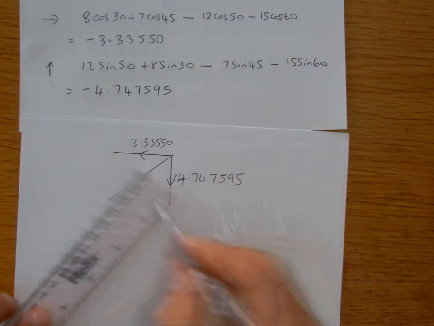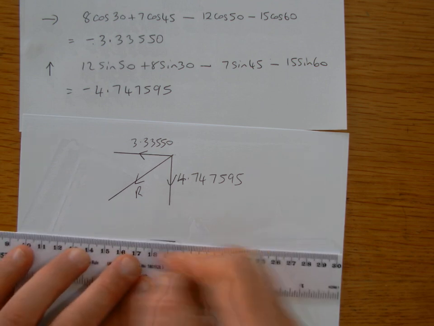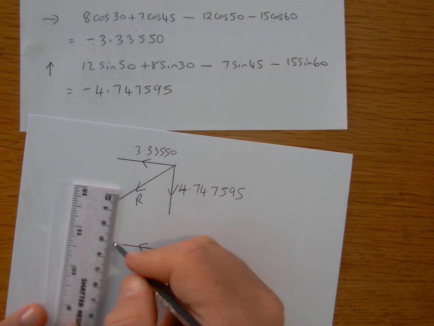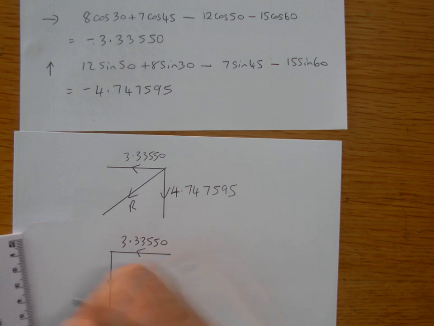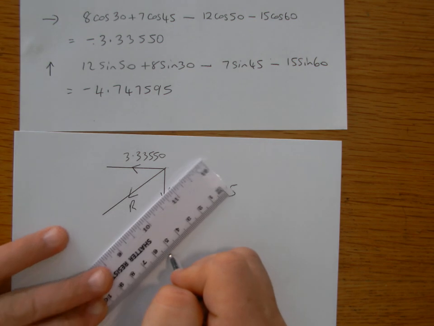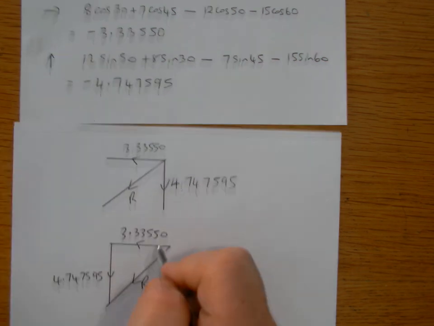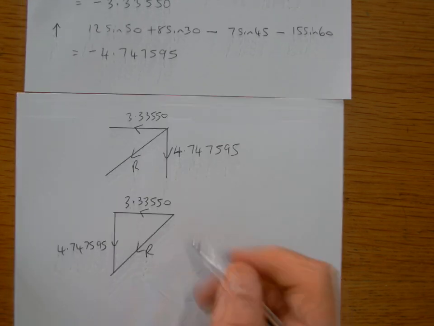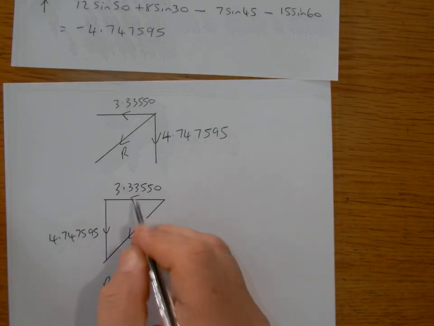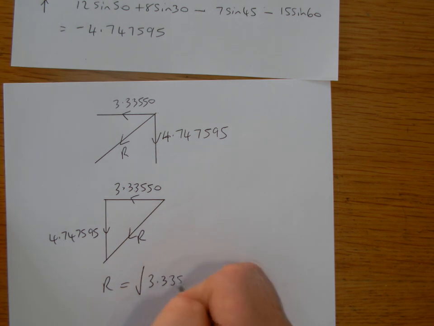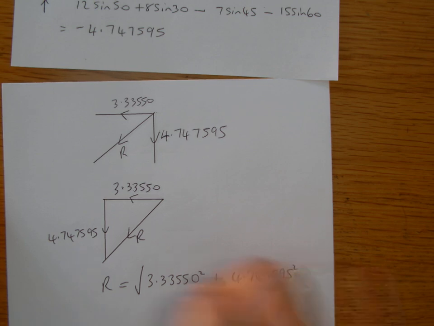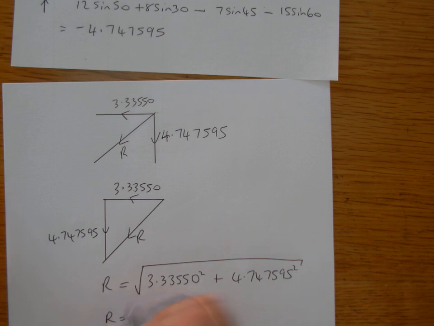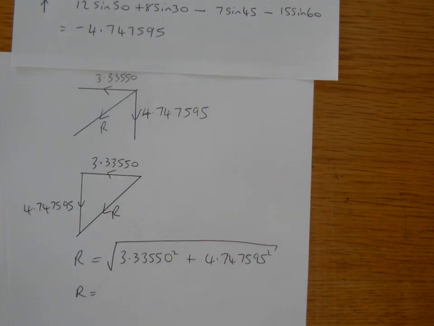So we can work out the resultant by doing Pythagoras. So of course we are going this way as we discussed, and then we go in this way. So we've got 3.33550 and then 4.747595, and the resultant effect then is this direction here as a combination of going this way and this way. So Pythagoras then would say R is square root of this squared, add then this squared, and then of course square rooted. So my calculator, if I type that in,